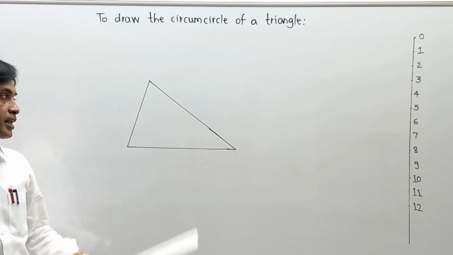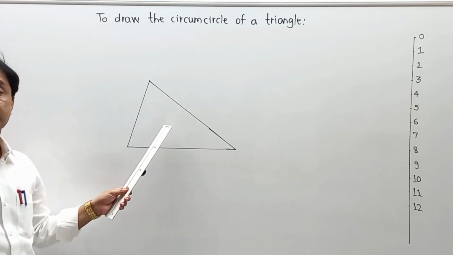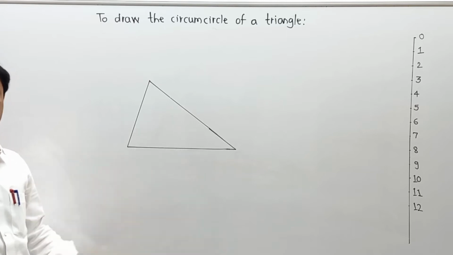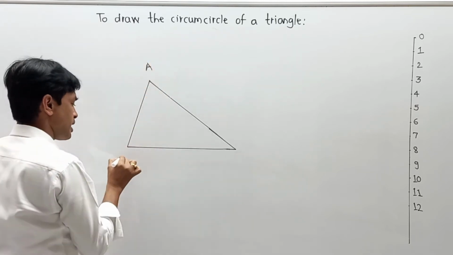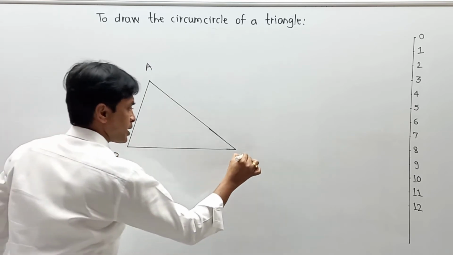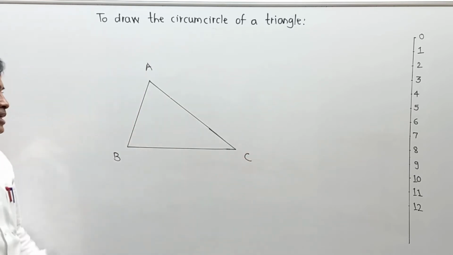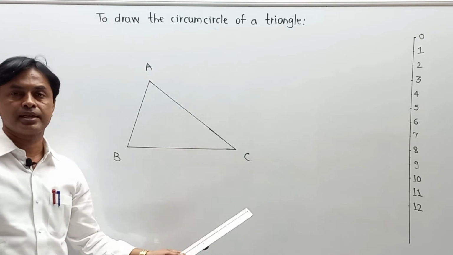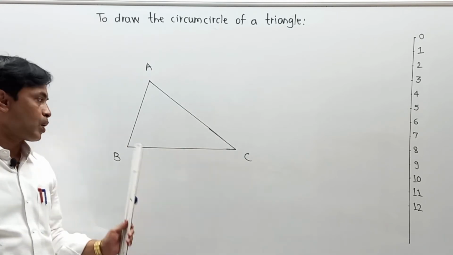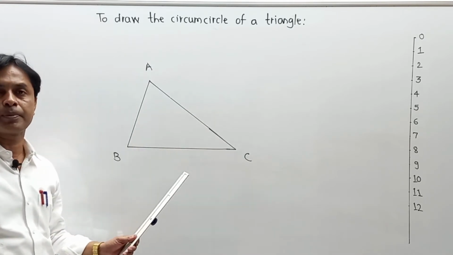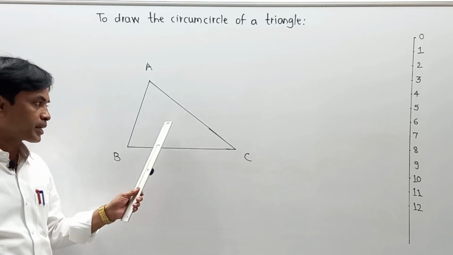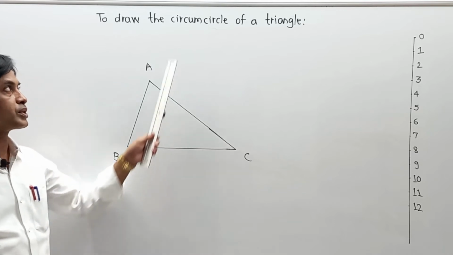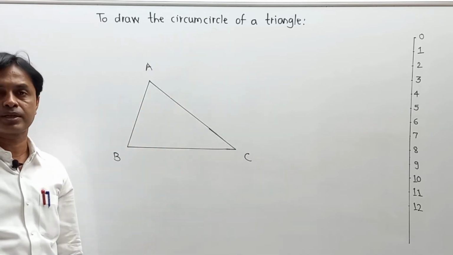Now in that case, again our target is, if you want to draw a circle, you must be able to identify the center of the circle. For temporary purposes, I am going to say that this is the name of the triangle, ABC. Now my main target is that these sides, AB, BC, AC, they may give you some distances, or two sides and one angle, depending upon the case. Means our first target is to draw the respective triangle properly. I have taken it directly over here because my main constraint is to clear the concept of the circumcircle.